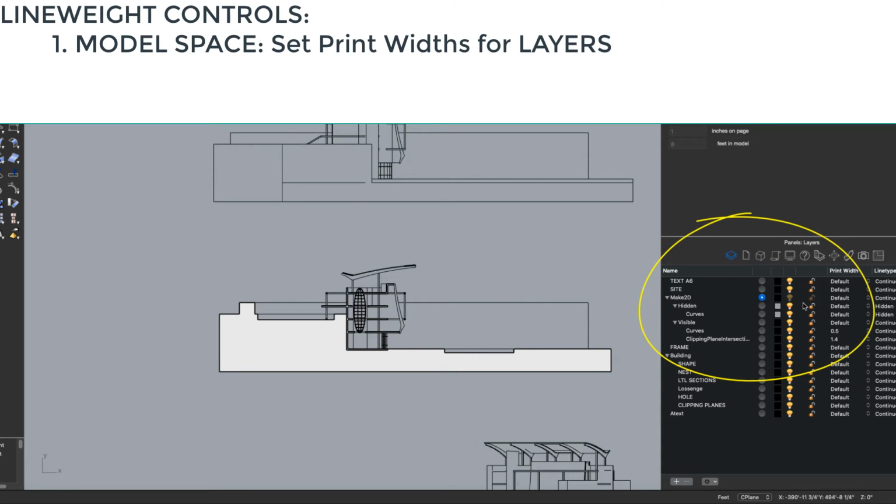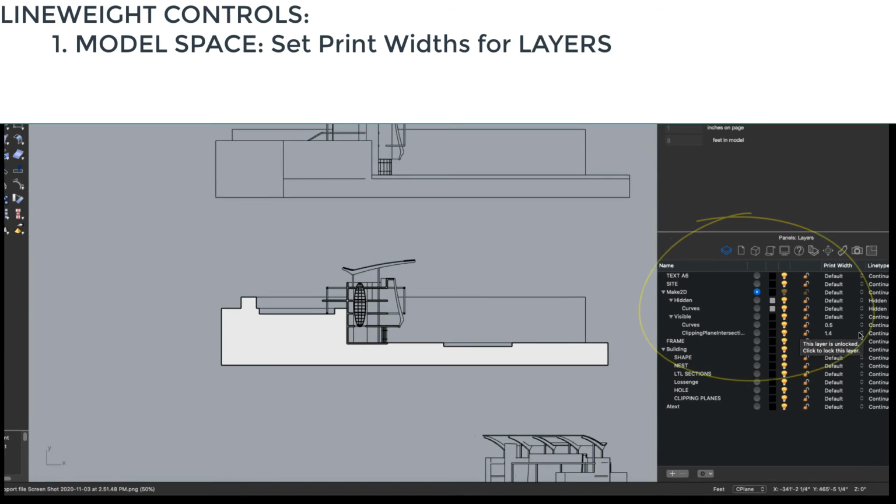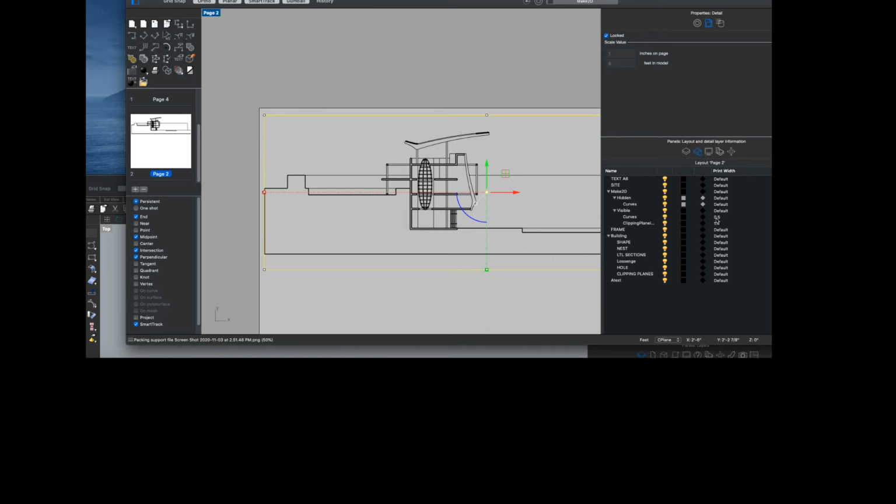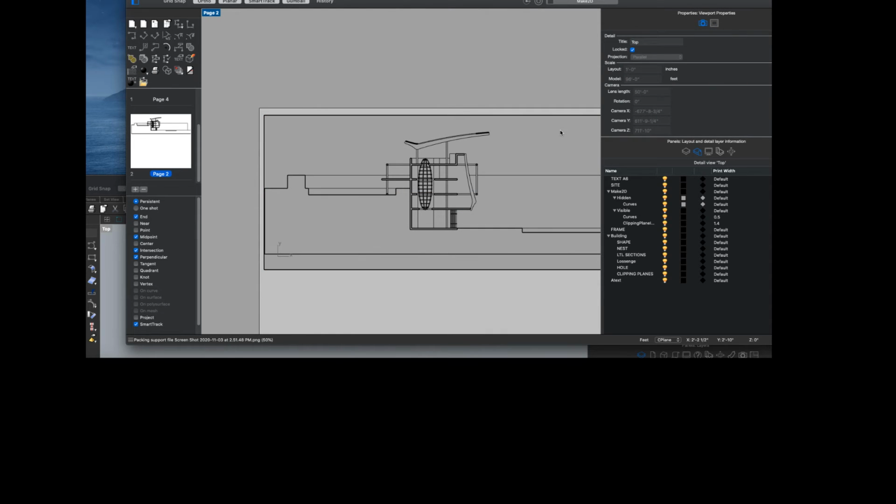And I know for this drawing, I've only got the curves which are not in section and the clipping plane intersection, which is essentially the set of lines that are intersecting with the clipping plane and which will be my heavy sectional outline. So when I come over here into the layout space, if I double click inside this square,